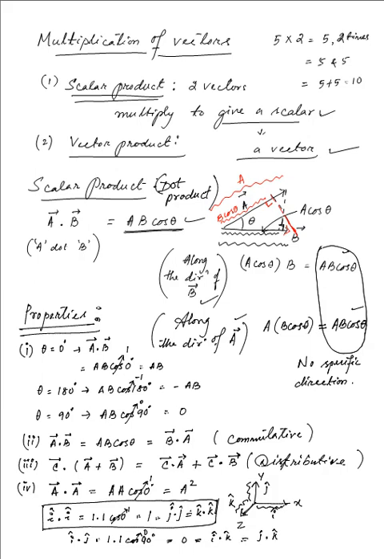We can take it the other way around: j cap dot i cap, k cap dot i cap, k cap dot j cap. It's all the same because of the commutative property of vector multiplication, the scalar product. So these are the multiplications that are involved in case of the unit vectors. Now if I am to consider